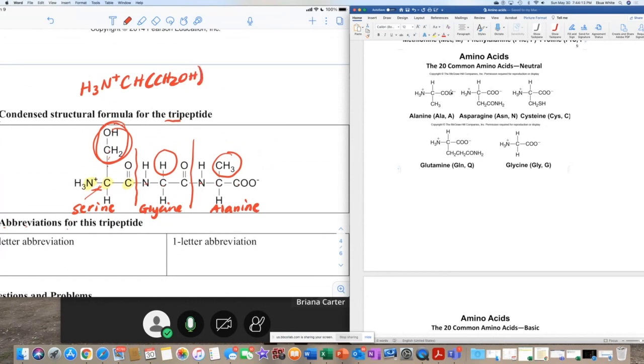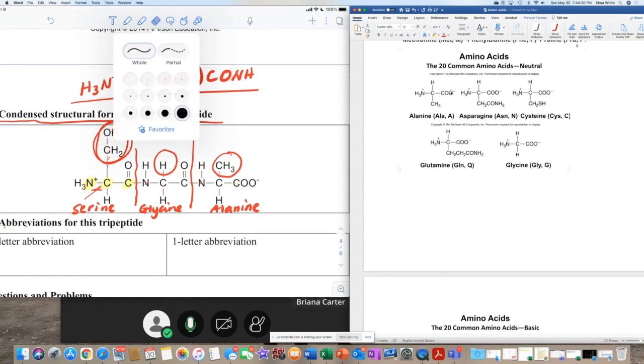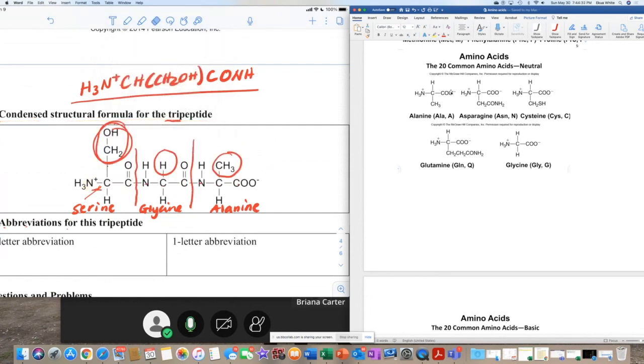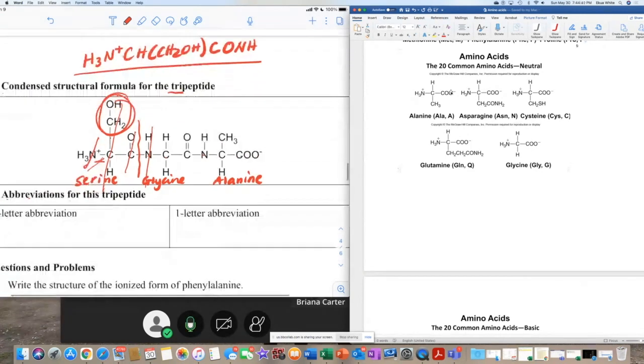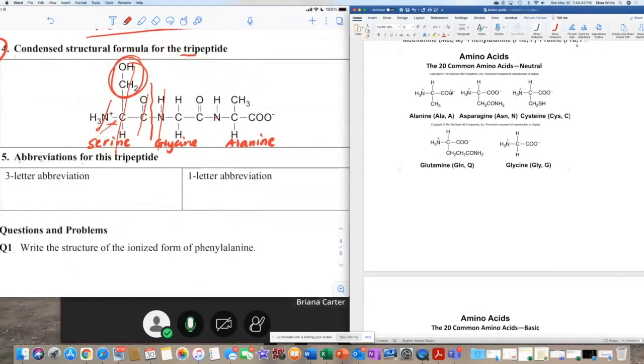CH2OH. Yeah, as I was moving on, I noticed that we haven't really answered this part here. You can write like this and then do it that way and then continue with the carboxyl CO and then NH and then continue on and on and on. So the condensed, I just worked for the condensed part, which I had skipped over because I was focusing on the other parts. I just worked on this part, that part, that part, and that part. So you can continue on and on until you finish the whole molecule, okay? For this other part that I was working on,